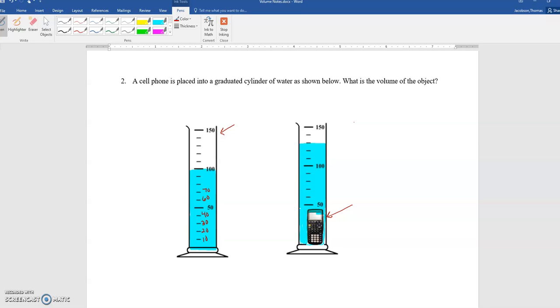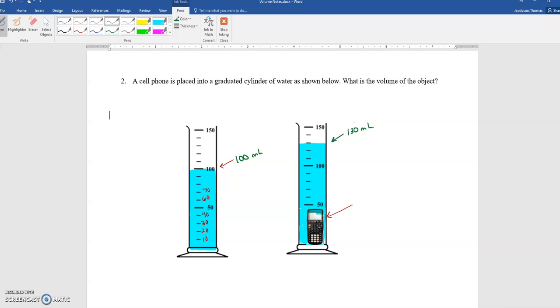What you do is you fill up the graduated cylinder with some water. In this case, I filled it up to 100 milliliters. And then you slowly drop in the phone, and the water is going to rise up. And what you do is you see where the water level is after you've put in that object. So you can see that here it started off at 100 milliliters. And then after I put in the calculator, it went up to